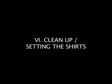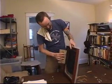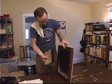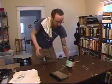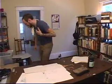Okay, so now it's cleanup time. I'm going to scrape off this screen here, all the extra ink, and set that over here. Getting ready to wash these. When you're taking the screen off,